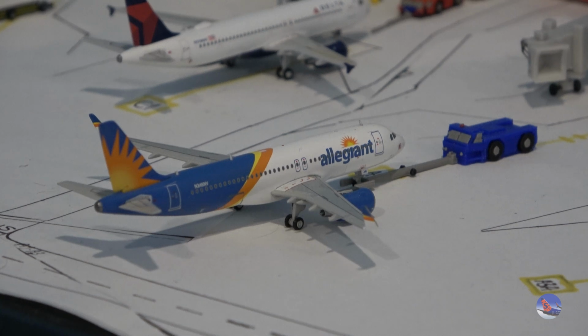So Allegiant will be starting service from Des Moines to Gulf Shores, which is just west of Pensacola, on October 3rd, 2025. Twice weekly service will initiate then, so that is very exciting for Allegiant. I know Gulf Shores is a fairly new commercial airport because previously they didn't have any major commercial air service. But if I pull up some information that I can find here, yep, so they will have a bunch